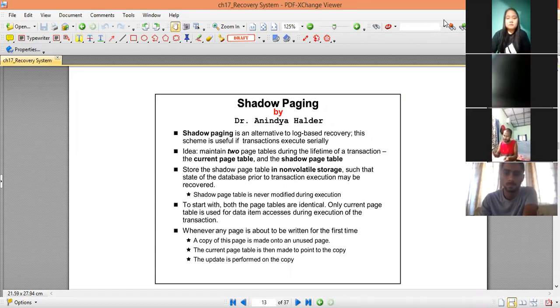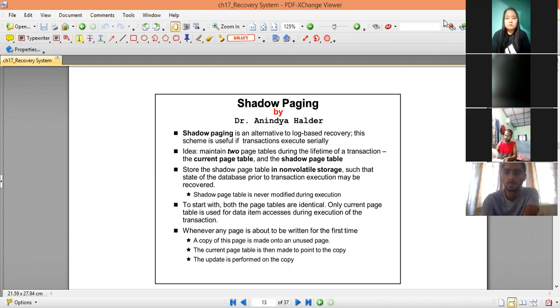Okay, and already we have completed the log-based recovery mechanisms. There we have discussed the immediate database modification policy using log-based protocol. Then we have discussed deferred database modification policy using log-based protocol. Those things are over. Today we will be discussing shadow paging.